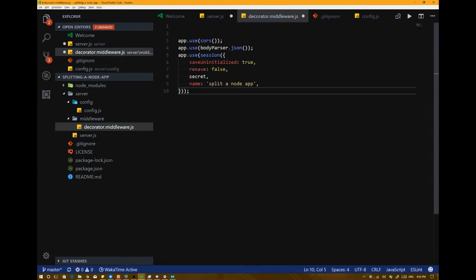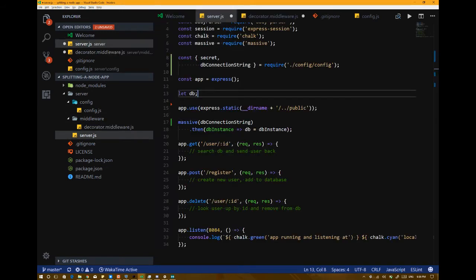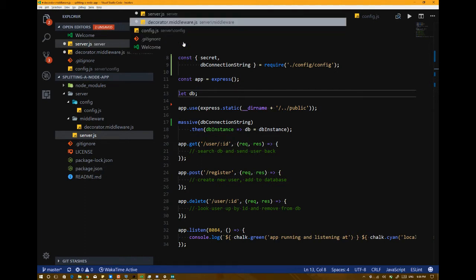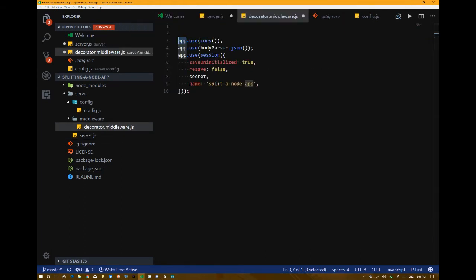Now, since this is a Node application, variables are scoped only inside of modules, which in this case means app only exists in this file. It's not like the browser where there's the window object and everything is automatically assigned to it, which is really annoying in some cases. And as such, we don't have any handle on this app. So to fix this, what I typically do